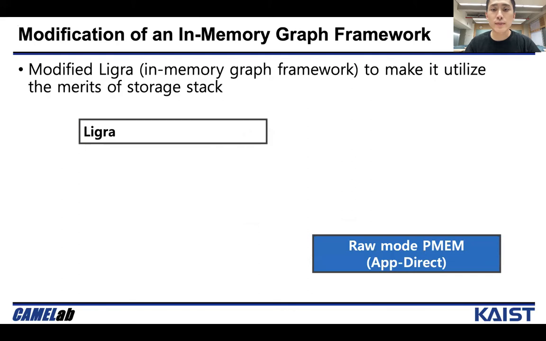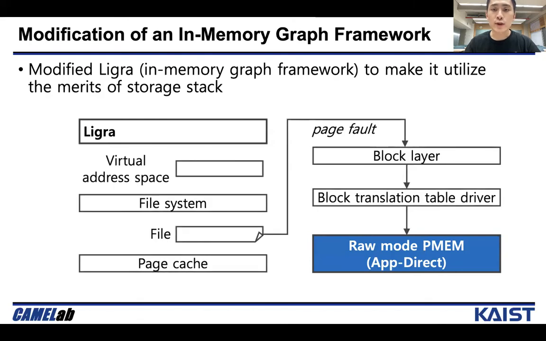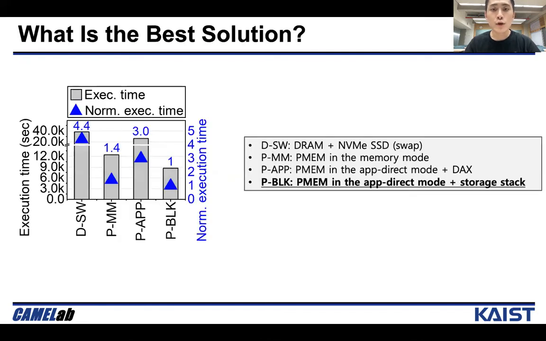So we modified a representative in-memory graph framework, Ligra, to make it utilize the merits of the storage stack. To this end, we configured PMEM in the app direct mode and block mode namespace. Then we replaced the DRAM space of the heap with the PMEM and made Ligra access it by using the library called libpmem. We compared the in-memory graph processing performance among 4 different configurations, and as a result, we